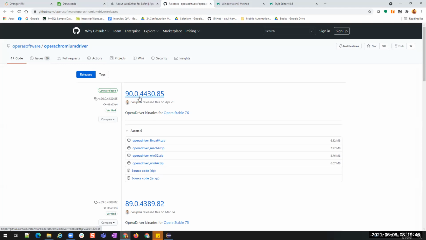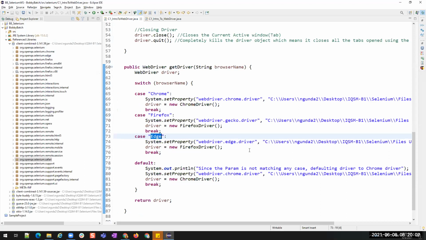I can click on this, and it downloads the Opera driver, based on the requirement. If it is a Linux version or Mac version or Windows version, 32 and 64, I can download this driver file. But if you have some XYZ browser for which you do not have the driver file, then you won't be able to automate using Selenium on that browser. Understood?